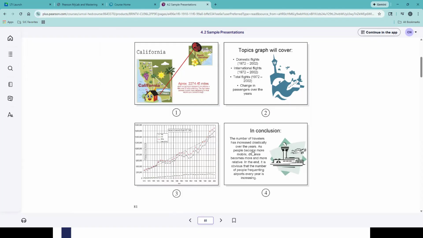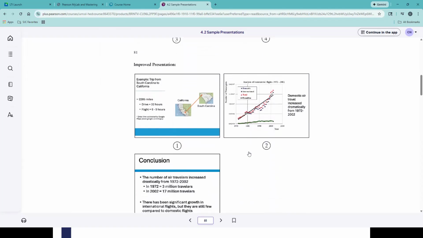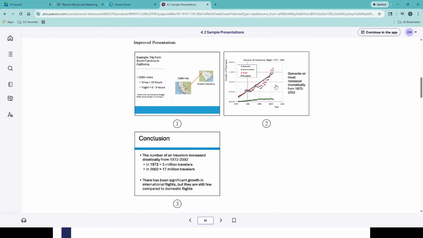So this is just a few examples, but these are some more improved examples of your slides and how they should be. You see how it's a lot of white space. You want a lot of space in between your pictures. The audience doesn't necessarily have to see everything that's on California, but if you have it bulleted, then you can describe what it is that's on California, if that makes sense. And again, with this chart here, you want to describe that prior to showing